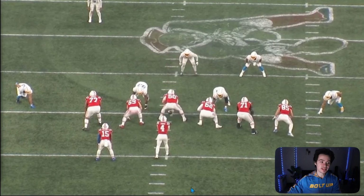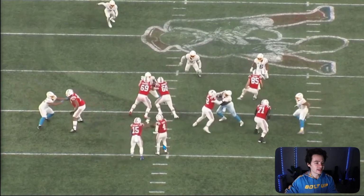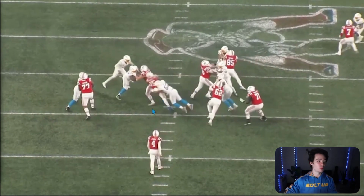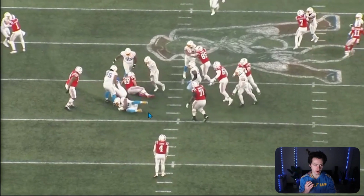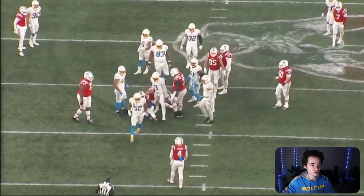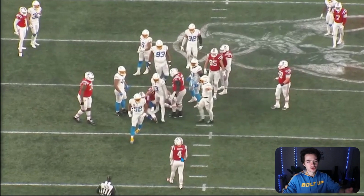Now check out this play. This is just a draw play for Ezekiel Elliott, but Khalil Mack coming from the strong side is just going to go and boom, lay the wood on Ezekiel Elliott, man. He had a rough day in this one, and Khalil Mack is hype, bro. This dude is so good. So Khalil Mack continues to be one of the best edge defenders in the NFL,